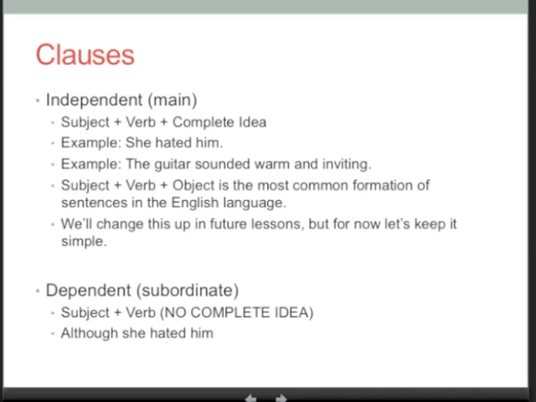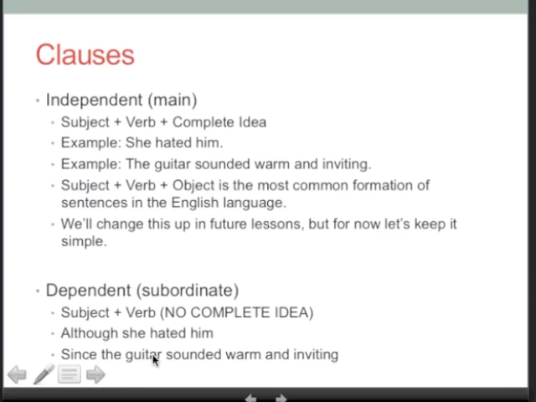Something like that. Okay. Similarly, I have the same sentence, or rather independent clause. The guitar sounded warm and inviting. And I've added the word since. And since is a trigger word there. It should make you prepared for a cause and effect relationship. So if you listen to this, since the guitar sounded warm and inviting, okay, you need more information to make